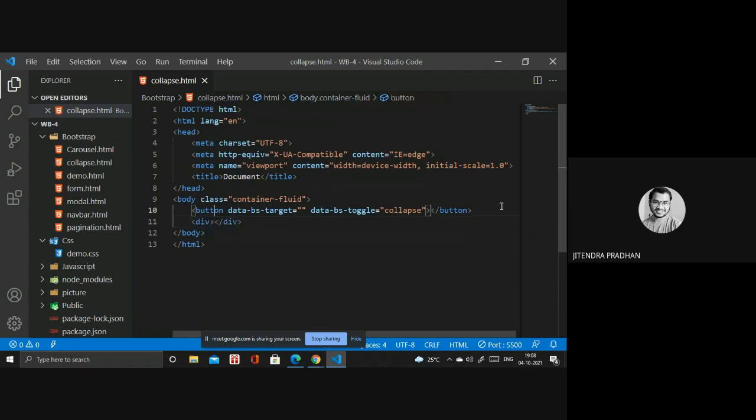Inside the div we need a class, and inside the class you have to write collapse. You have to give an id, something like col fc. In the target you have to use the prefix hash.